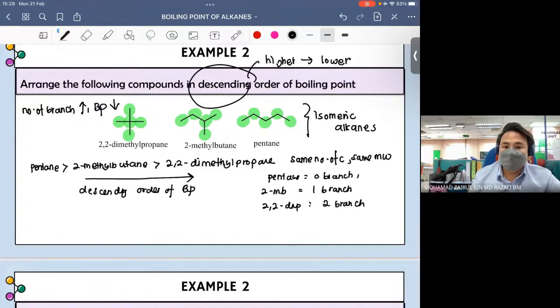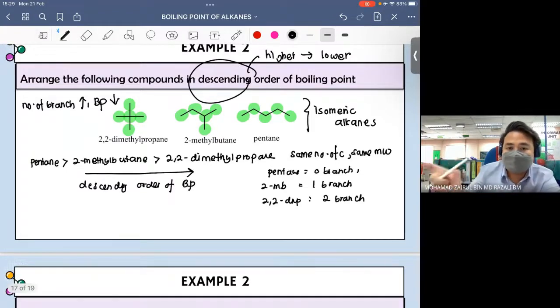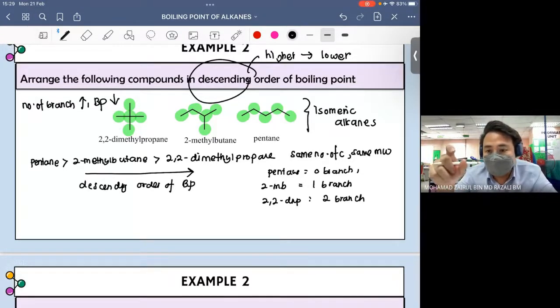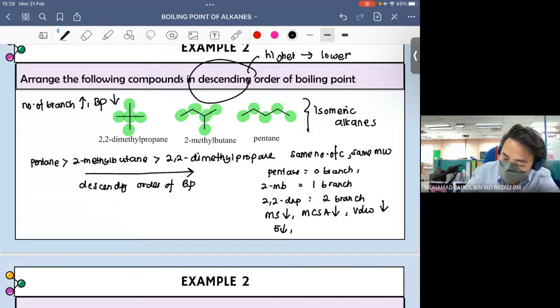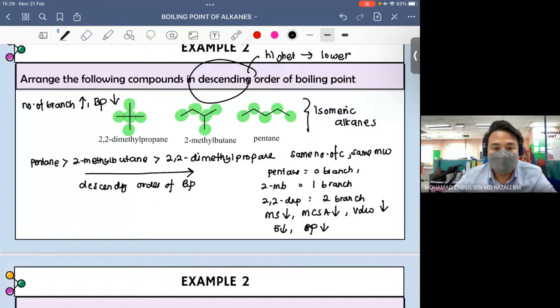Okay. So awak cakap apa tu, kita ceritakanlah. So kalau awak tengok, as the number of branch increase, the size of the molecule tu become smaller and smaller. So kita ceritalah tentang dia punya molecular size. Molecular size become smaller. So molecular contact surface area also will become smaller. So kalau ni smaller, so bermaksud the strength of the van der Waals forces also become weaker. So energy needed also lower. So boiling point also akan jadi lower. So betul awak terangkanlah, awak buatlah dalam bentuk ayat.